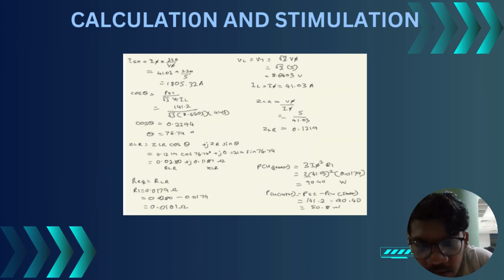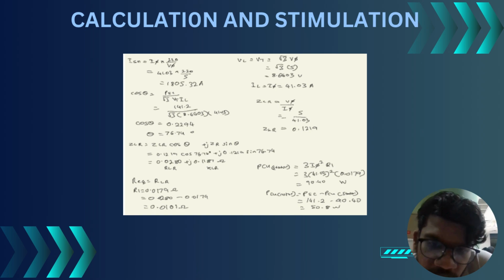Okay, now I'm going to explain about the last, Vmax equals 5. So in Vmax equals 5, V phase equals 5, I phase equals 41.03, P synchronized equals 141.2 watt. And then we use the same formula here, and then VL equals 8.6603 volt, and then I synchronize equals 1805.32, and then the theta equals the same theta 76.74, and then ZLR equals the same 0.1219, and then